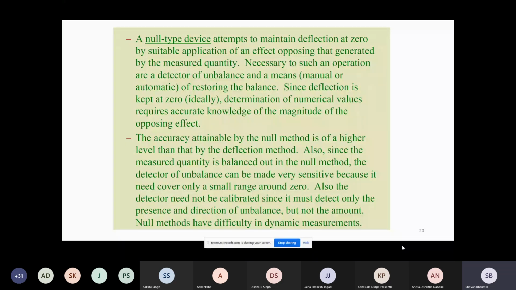So why did I say the dynamic input, and that the input is changing slowly? It means that if your input is changing very slowly, then only you can measure with the deflection method. If your input is changing very rapidly, can you measure it with the deflection method? No. Why? Here the students make a mistake. They think that it is possible. No, because if the input is changing very rapidly, the output is a pointer. It can change, but it cannot go so rapidly, up and down, above and below, because it has an inertia.